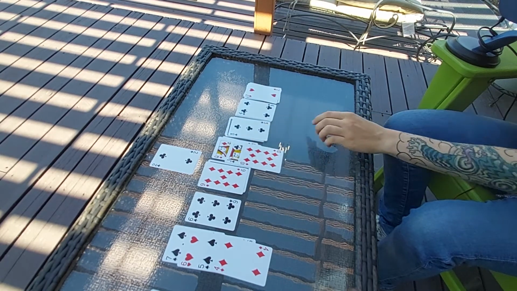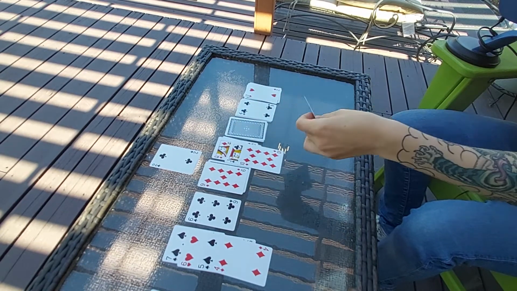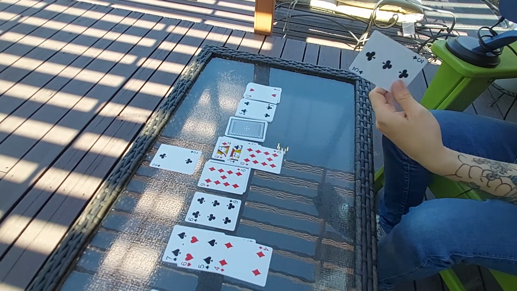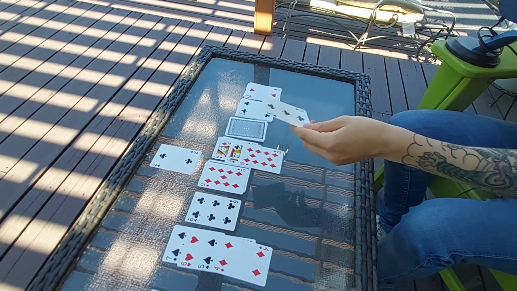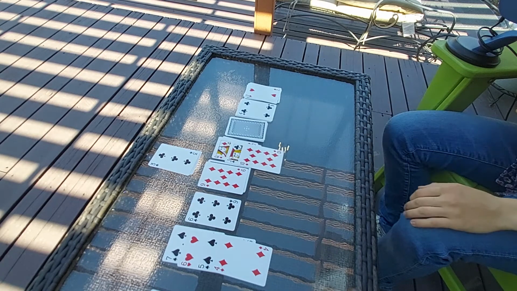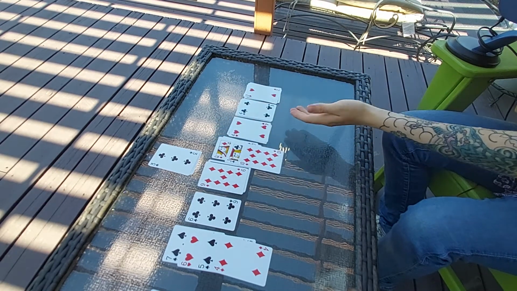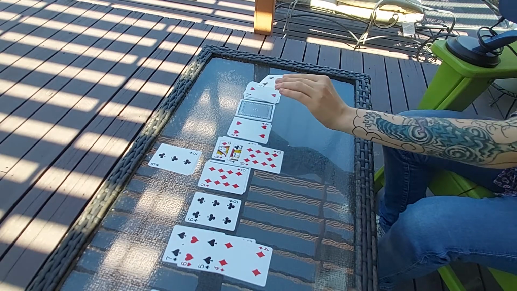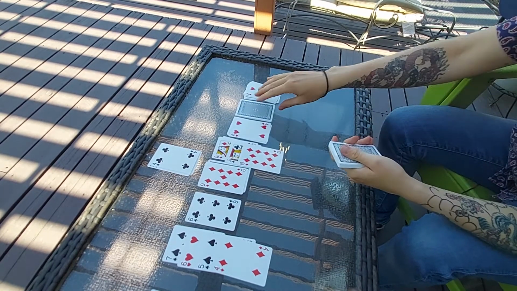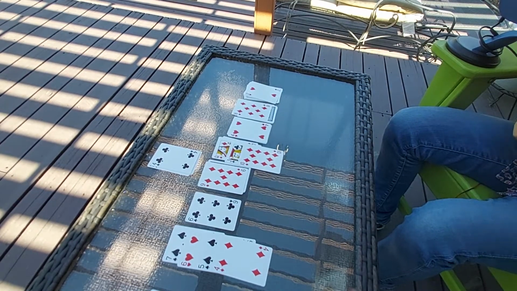Would you look at that? It's the 3 of clubs. So what we're gonna do is take that, and if you're kind of catching on to the patterns, we're gonna put it on top of the pile we've got going. We can flip this up, and we can also now do the 4 on top of the pile. And flip it up again. Okay, so now